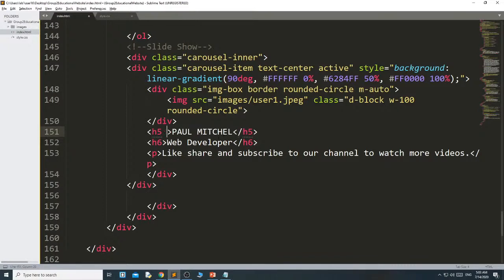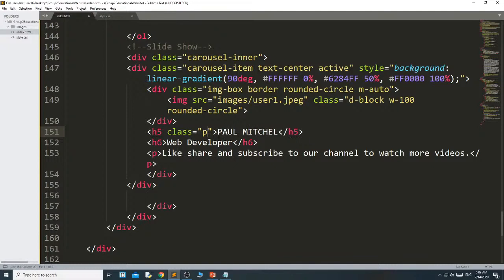First I want class py1. Py means padding from top and bottom. If you write p1, it means padding from each side, top, bottom, left and right, 1 rem. But if you write py1, then it will take padding only from top and bottom, 1 rem.